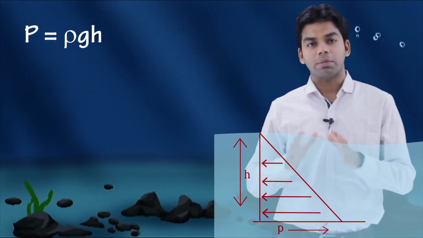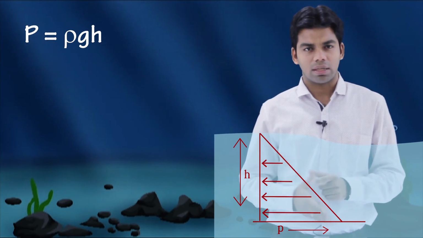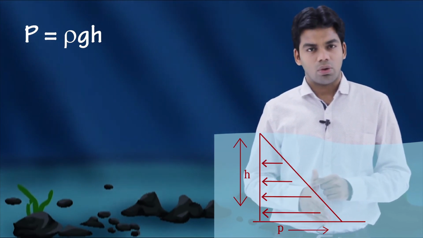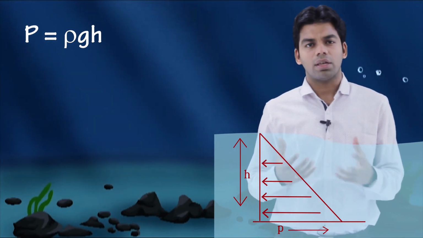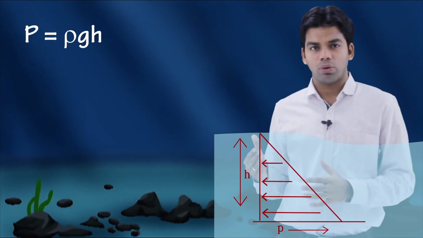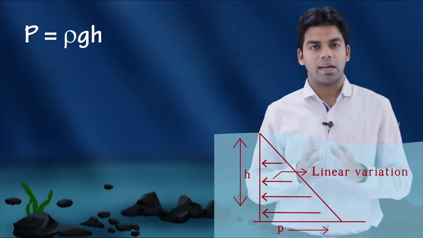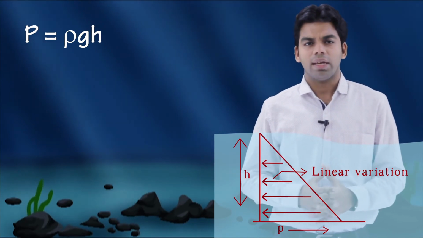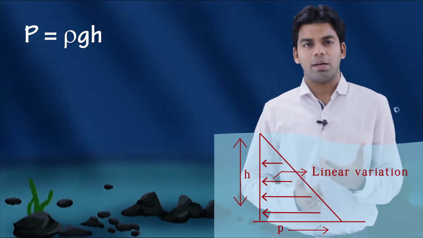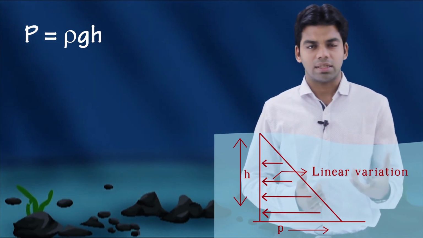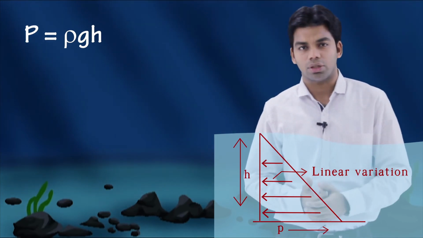Very important. That means pressure is directly proportional to height, since the density of that fluid, let's suppose, is constant. g is also constant. That means for a constant density fluid, the pressure is directly proportional to height, so the pressure increases linearly. We will get a linear line, a linear increase in pressure. In case the density is changing, then obviously we will have to put the variable gamma, with respect to which the density is changing, and from there we can determine the total pressure.